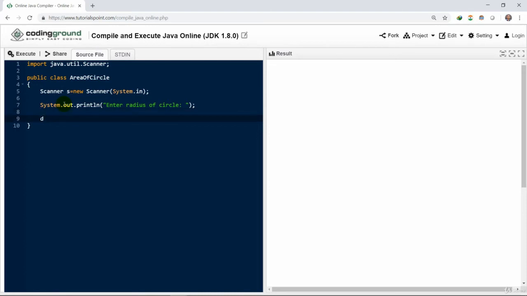Then the format of taking input, it would be double return type. r is a new variable equals s.nextDouble(). s is the scanner object, which will allow you to take the input from the user. It will take the input in the format of decimal values and numeric format, and it will be taken from the user. Then we need to define another variable called area and provide a formula for calculating the area, which would be